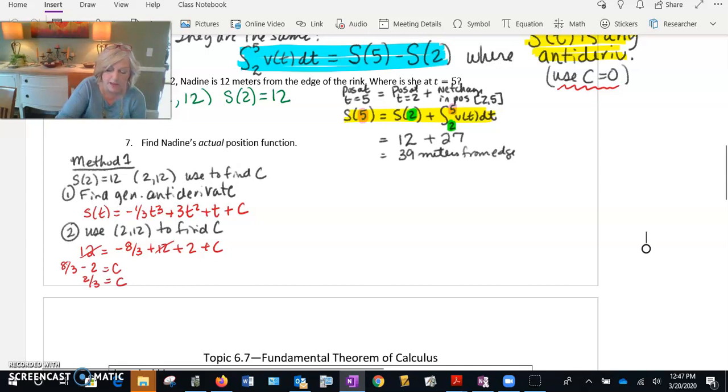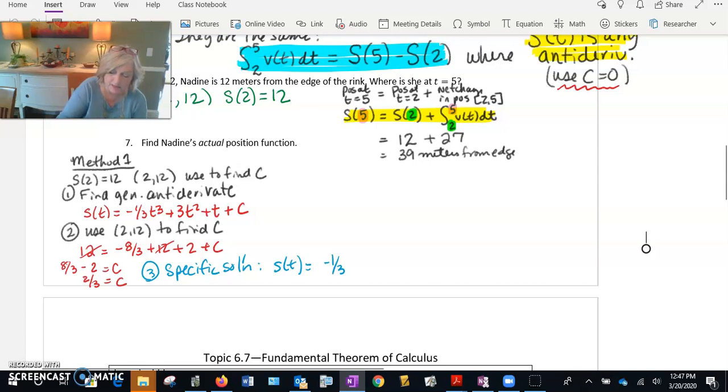And so from that, we can then go ahead and write our specific solution, or particular solution, depending on what textbook you're using, whether they call it specific or particular, is going to be S of t equal to negative 1/3 t cubed